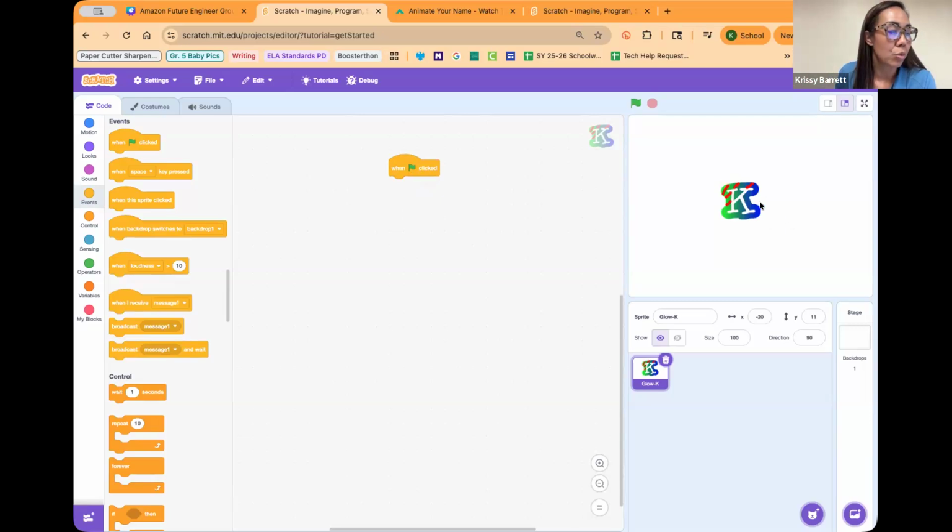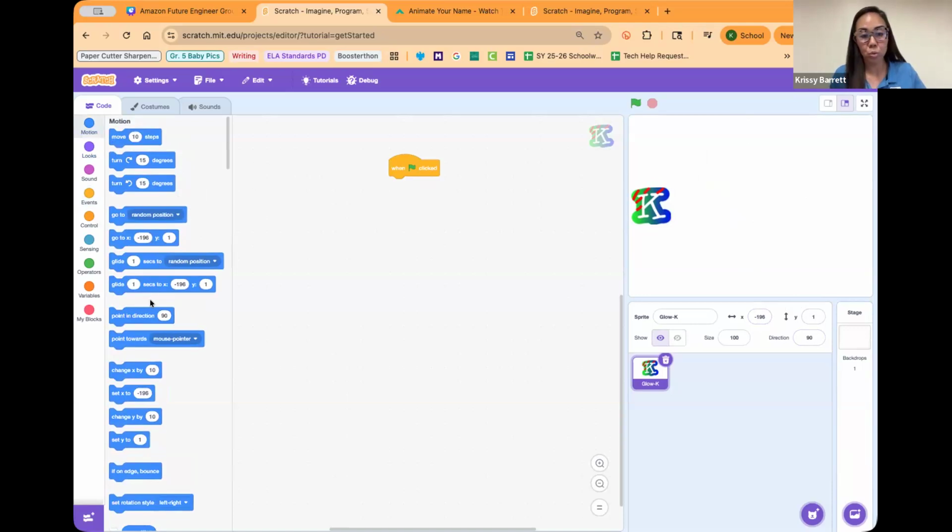So I tell them to think about where do you want your K or your letter to start when you start your animation. So I wanted to start here. So go ahead and move your letter to the position you want it to start in. Okay, and you're going to notice when I move my letter around, my coordinates change. So this is a coordinate plane, basically, X, Y. Every time you move it, the coordinates change to show where it's going. So a little trick, if you move it to the place first, and then you look at your go to or your glide to blocks, it will match the coordinates.